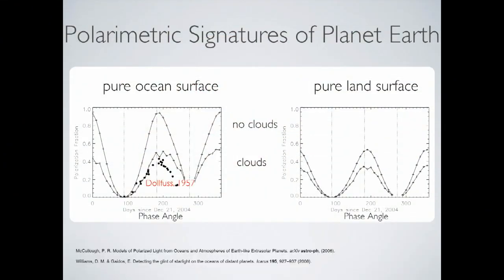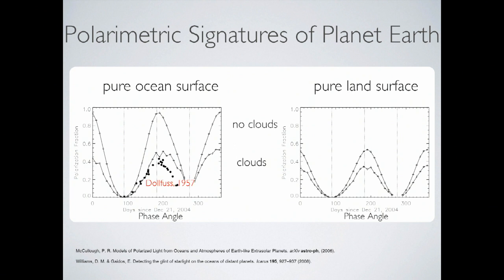Polarimetric signatures of planet Earth as a tool to study Earth, and to see imprints and eventually apply these techniques on exoplanets, is not new. So there has been work done before. And just to remind you what the main factors are that influence these polarimetric signatures, it's first of all, okay,